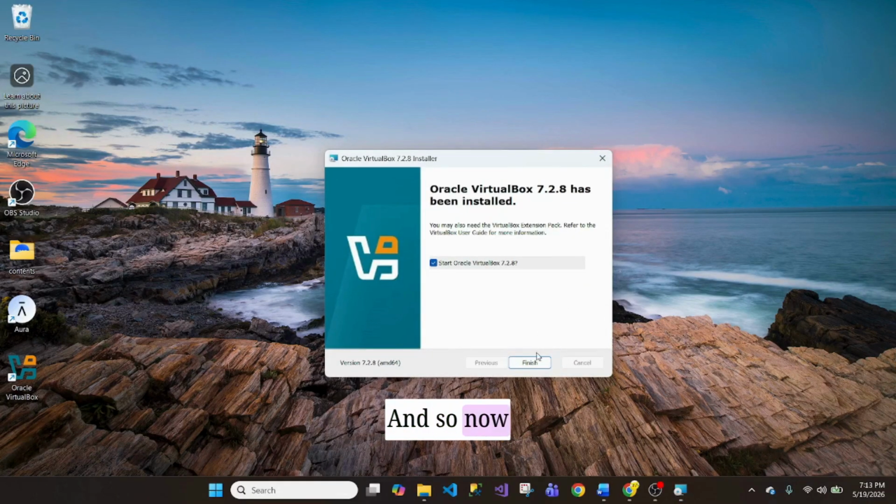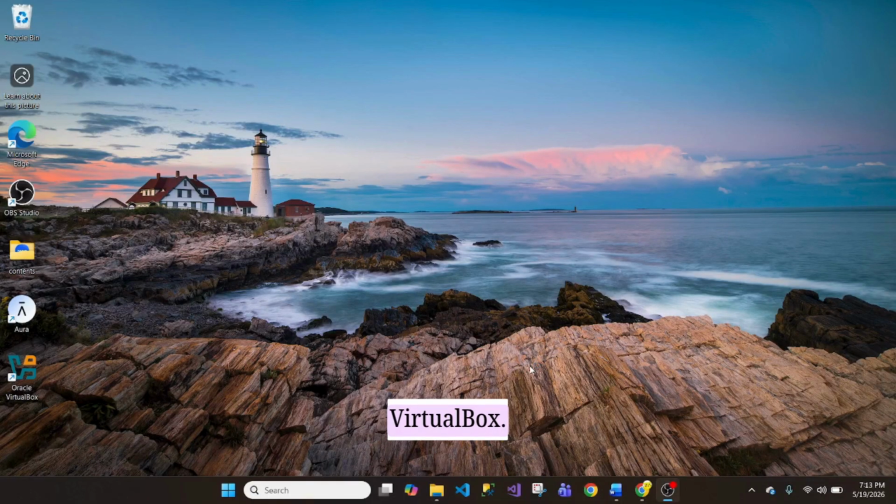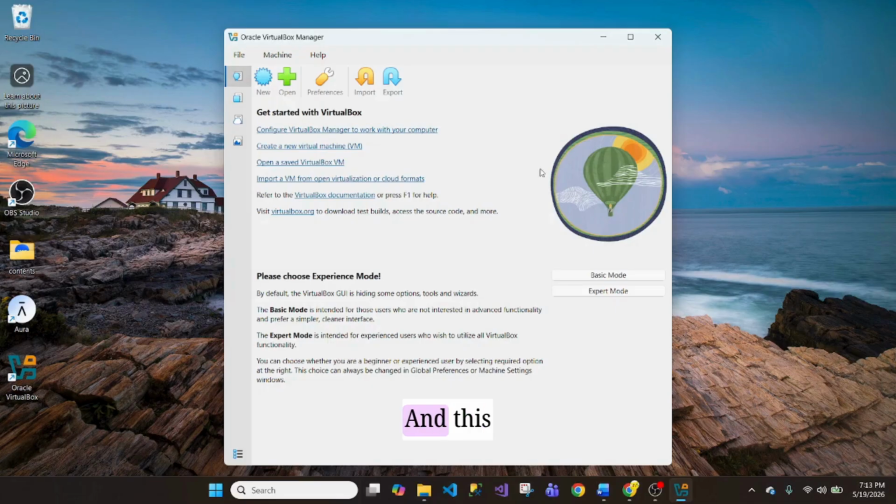All right, and so now at this point, we can go ahead and click finish and we have successfully installed VirtualBox. All right, and this is what the VirtualBox manager looks like. This is where you're going to be able to create, start, and manage everything in regards to your